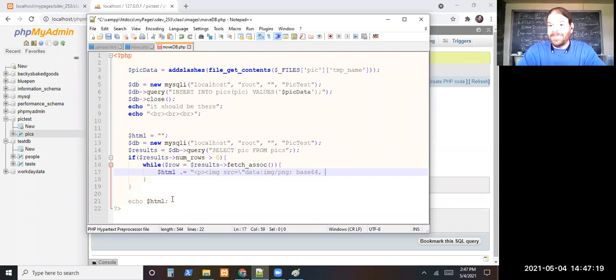So this time I have to break out of that PHP code and concatenate things in. I have to stop the PHP code and bring in that row, the pic data we have in the row. But we want to make sure it is the type of encoding we just said. So we're going to put in this function, base64_encode,